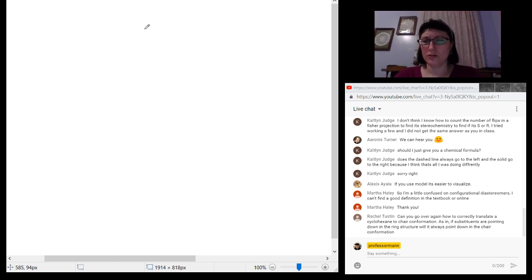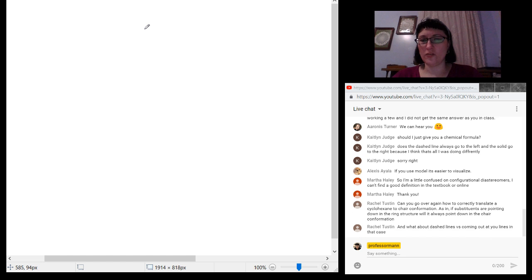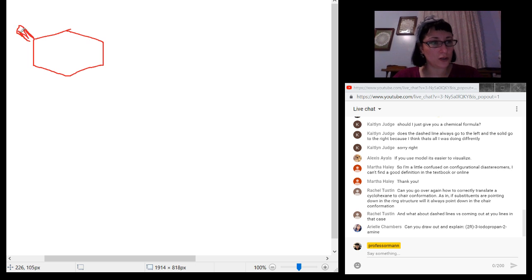Cyclohexane to a chair conformation. Yeah, so there are different ways of drawing cyclohexanes. So here's one way, right? Just like a standard cyclohexane. I'm going to put on a disubstituted one so we can get something interesting. So if you want to imply stereochemistry with these,